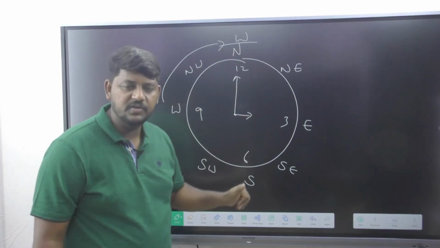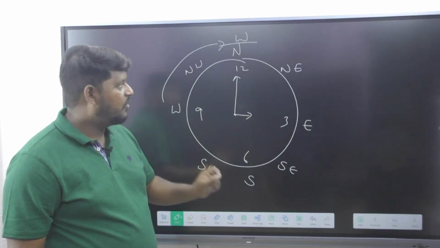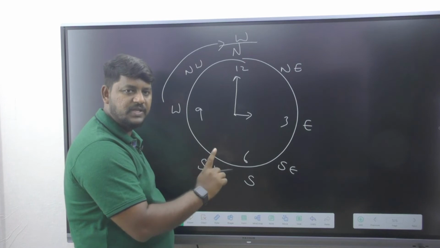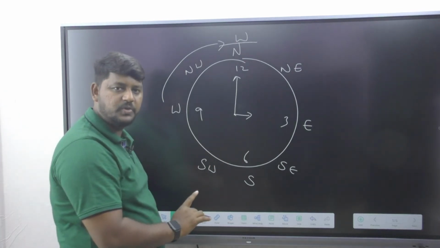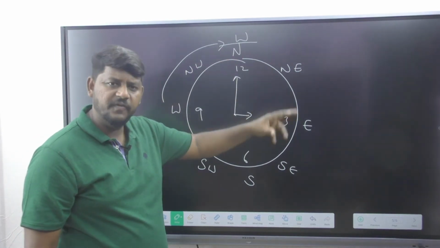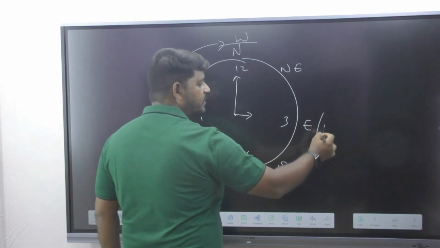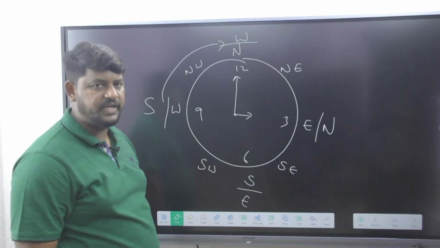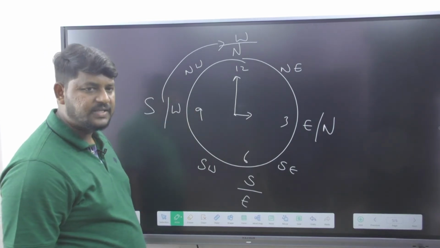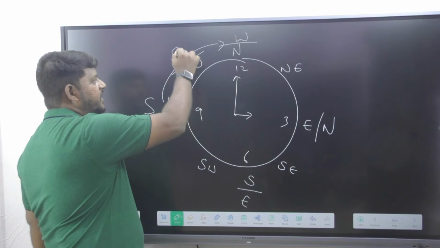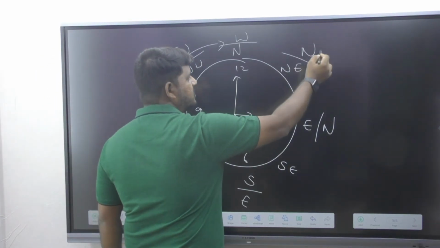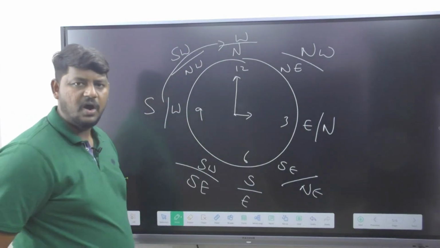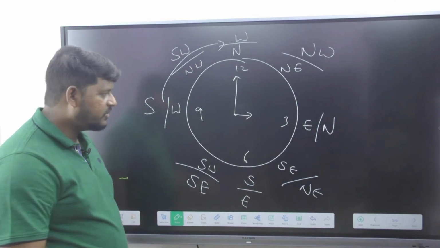Each and every direction is going to change in clockwise order, and moreover, you cannot allow west and south opposite to each other. Correct? Universally, north and south are supposed to stay opposite to each other. That is why each and every direction is going to change now. Here comes north, here comes east and here comes south. All the directions got changed. In the same way, it is no longer northwest, it becomes what? Southwest. And here comes northwest, here comes northeast and here southeast. All the directions got changed. Correct?